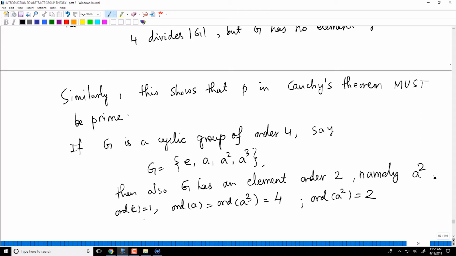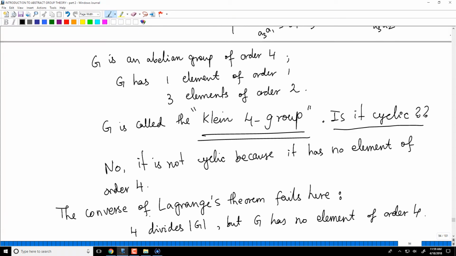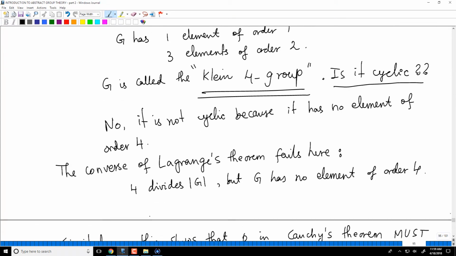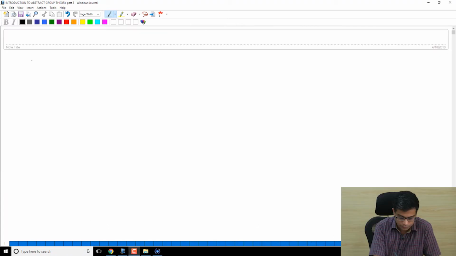So the cyclic group of order 4 has one element of order 1, one element of order 2, two elements of order 4, whereas the Klein 4 group has one element of order 1, three elements of order 2. There is always an element of order 2 in a group of order 4 by Cauchy's theorem, in an abelian group of order 4. But of course every group of order 4 is abelian, so there is no need to separately say abelian. But Cauchy's theorem now says that if you have an order 10 abelian group, it must have an order 2 element and an order 5 element.